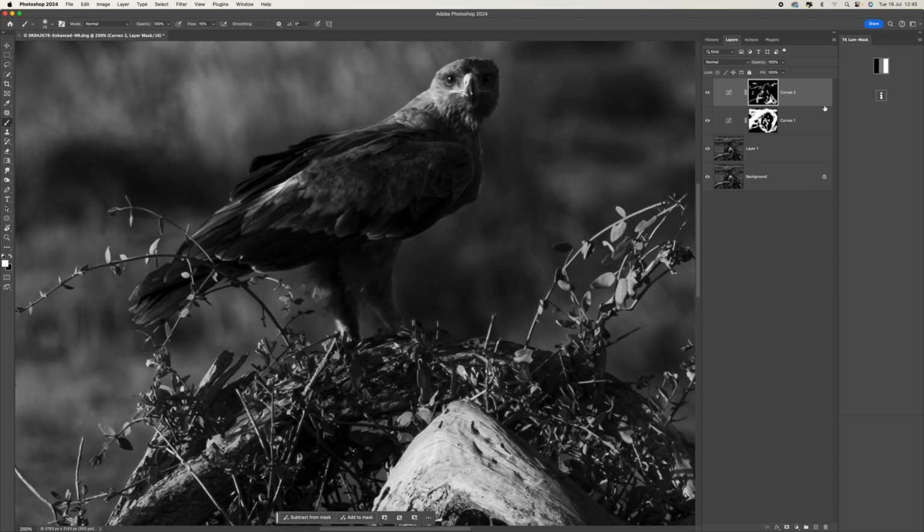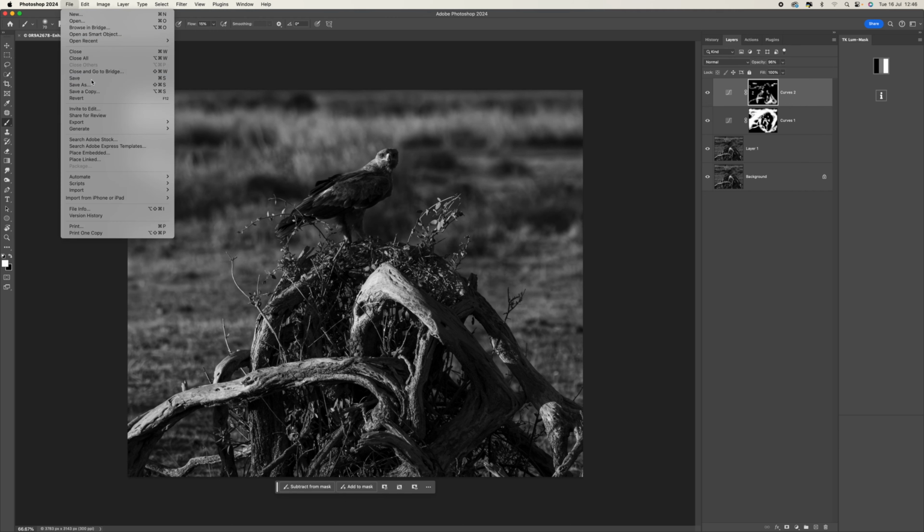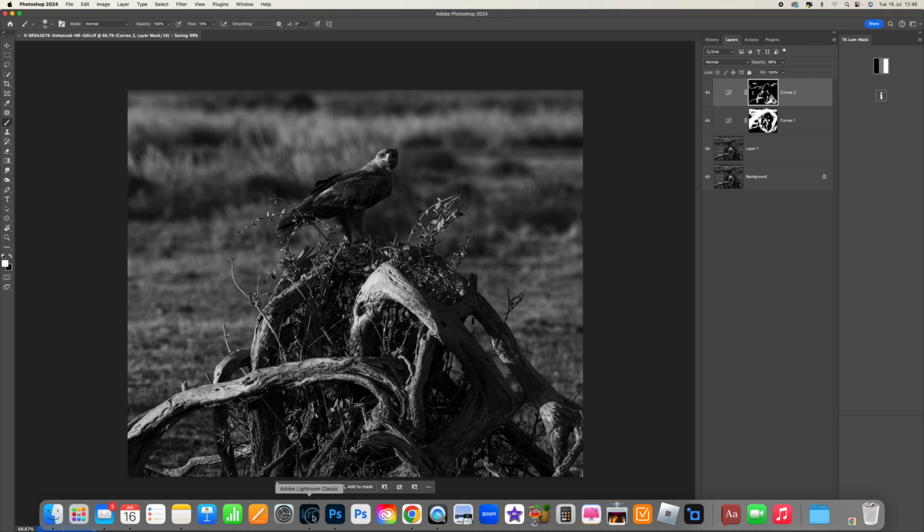There we go. So let's come to the opacity and just bring that down to about 80%. I'm going to do the same with this one at 90%. So we can see that them darker areas there, what that's doing, again, that's adding a little bit more depth. I'm going to bring that back up actually because that needs a little bit more. There we go. And if you look at the before and after of that, so the highlights there just pulling out there. So let's say File and then say bring that back into Lightroom,